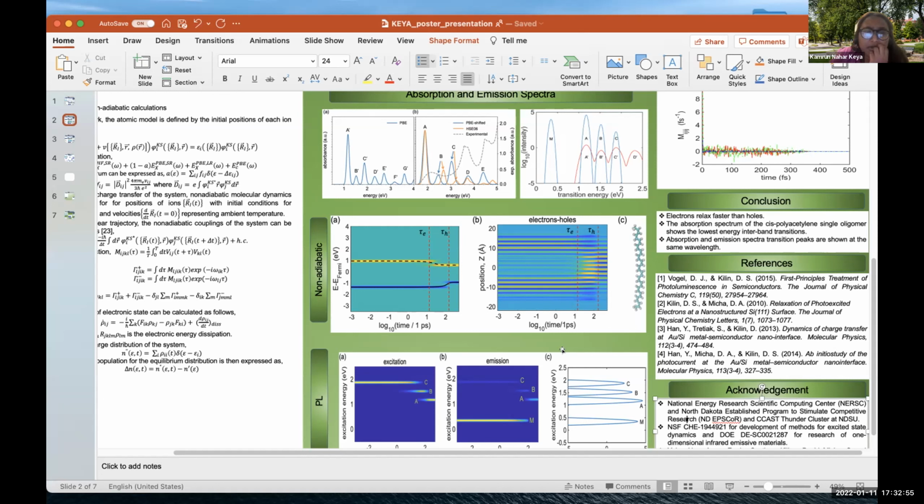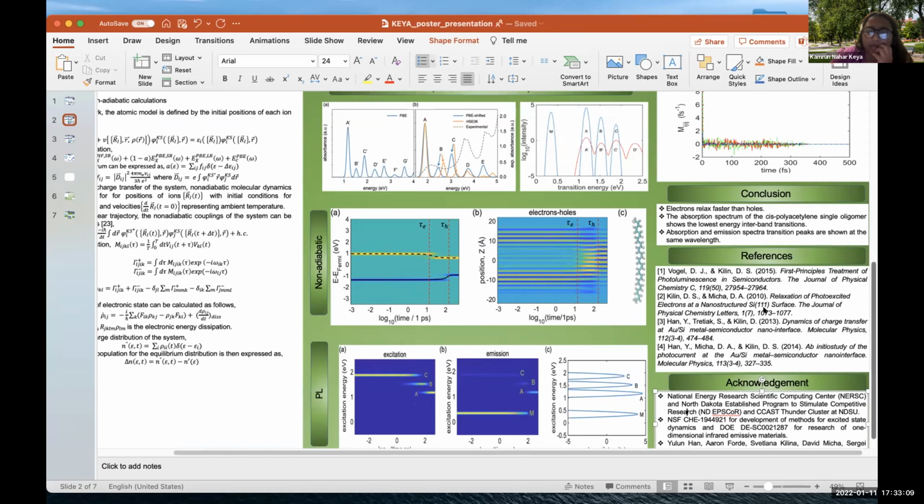The second most important figure is this figure. From the excitation energy figure, we are able to see that this peak C has the wide